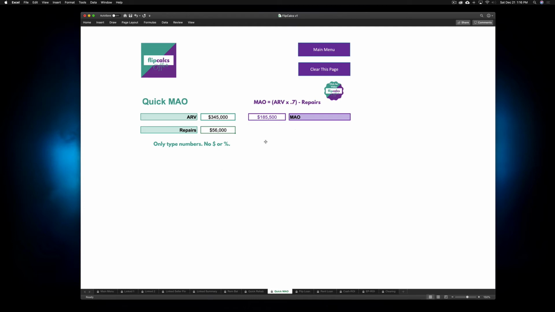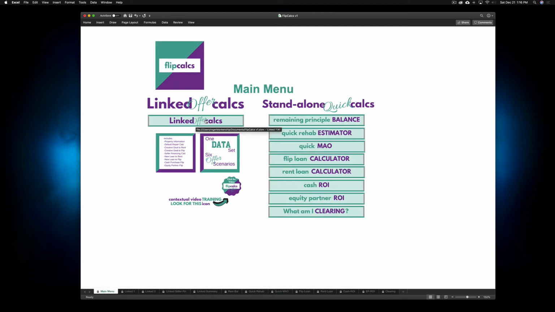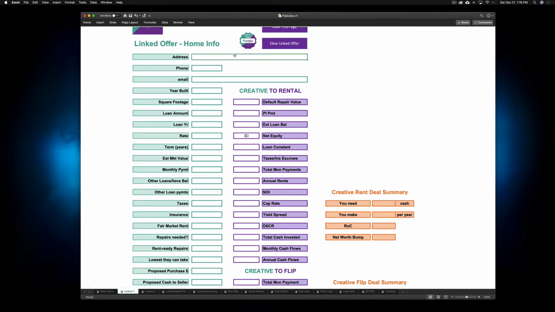So let's go back to the main menu and let's start setting this up as a linked offer so we can see what the possibilities are. We've got 123 Main Street, and you may decide you want to just do this all the time. Whenever I'm talking to someone who calls in, I get the phone number and the email from them first. We're going to skip over that now, but we established that the house was built in 2002 and it has a square footage of 1,900 and it has a loan amount of $250,000 and a loan year of 2003 and interest rate of 8, and the term in years is 30, and the estimated market value is